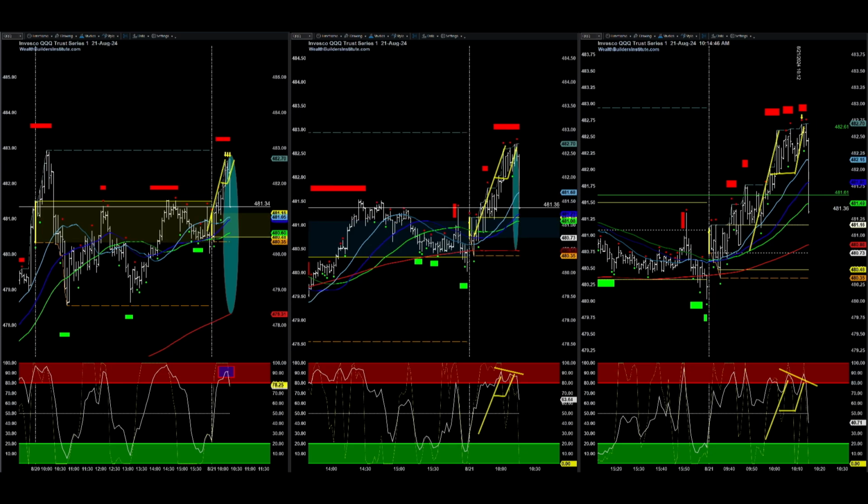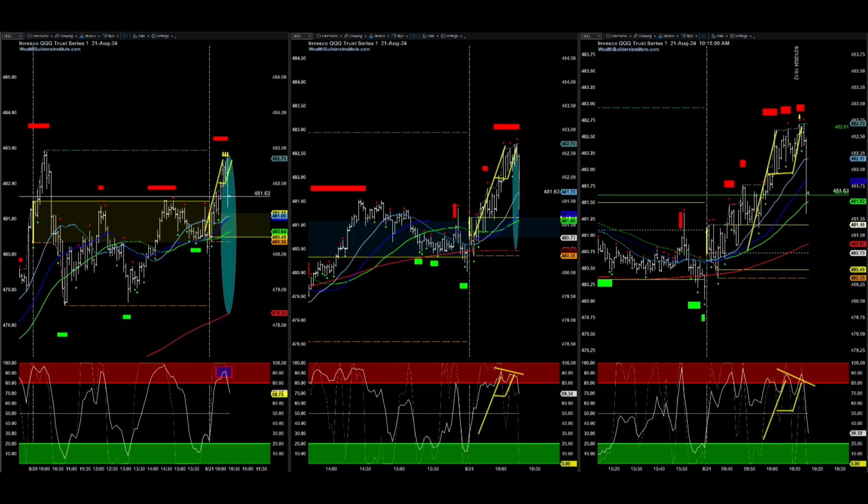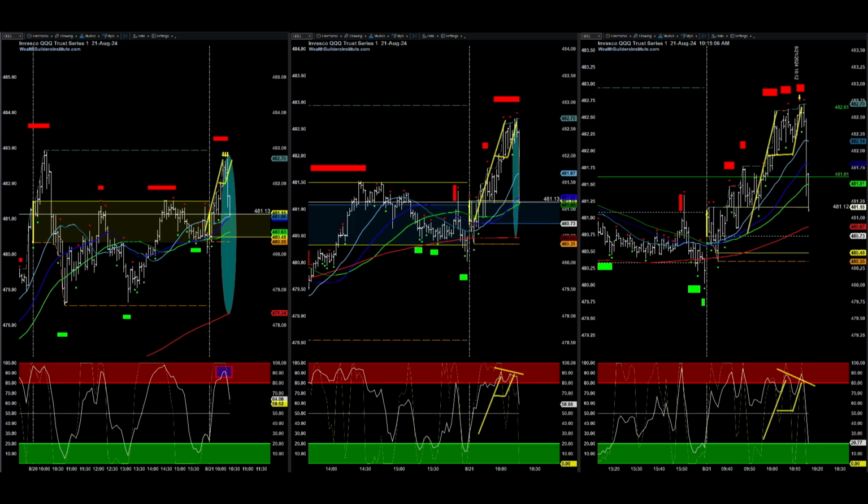Depending on how this price... All right, so we already have our answer. Our price dropped through the 50 moving average on our 1 minute chart. So what we're going to do is lock in half our gains, and we're going to see how this next bar, if it drops, there we go. All right, now we're going to lock in that $1 gain.